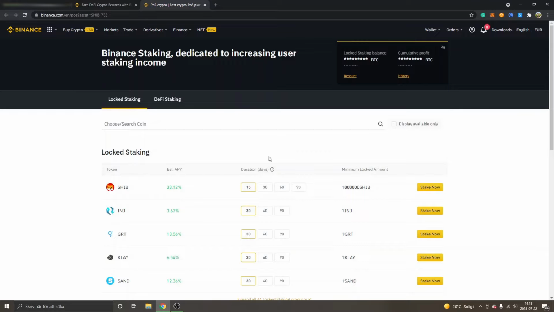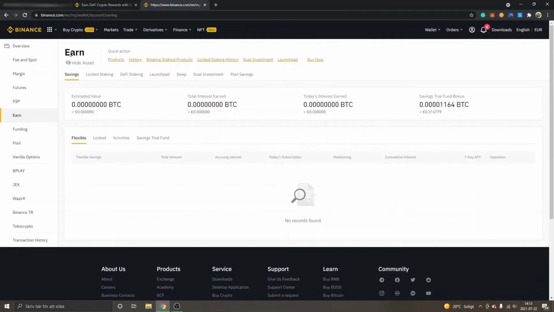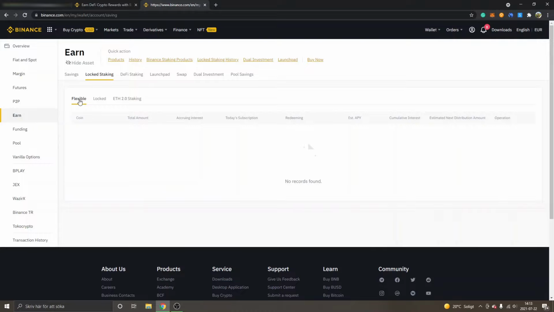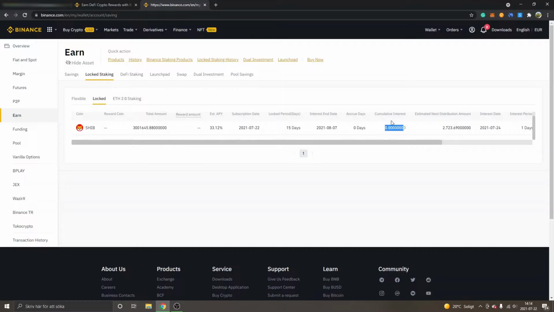And if you want to see the amount staked and all that, you can go to your wallet and Earn right here. And now you can see I'm inside Earn. You can see savings, and then you can just click on locked staking right here. And then it will be on flexible, so choose locked right here. And here you can see my coin SHIB, total amount I have staked, estimated APY, subscription date, locked period, and all that. And then you will see the cumulative,